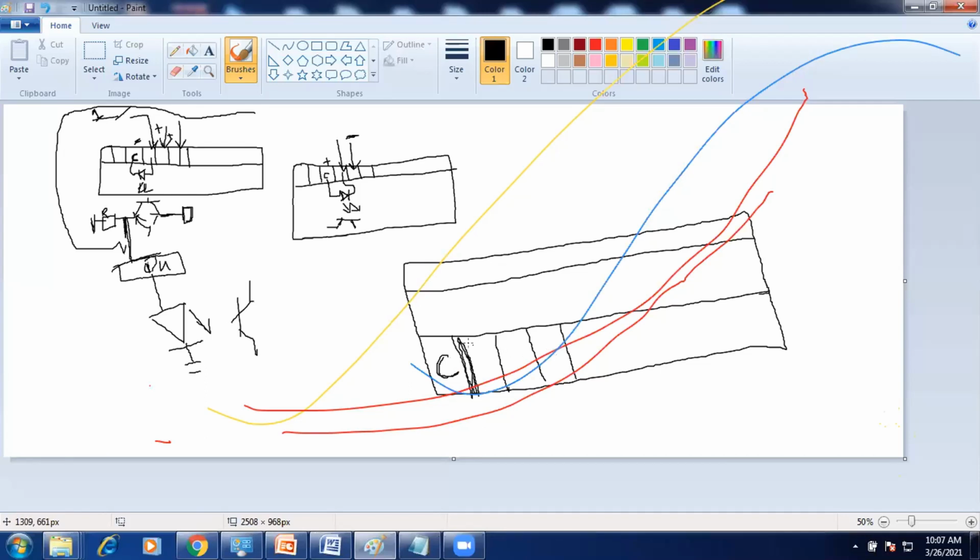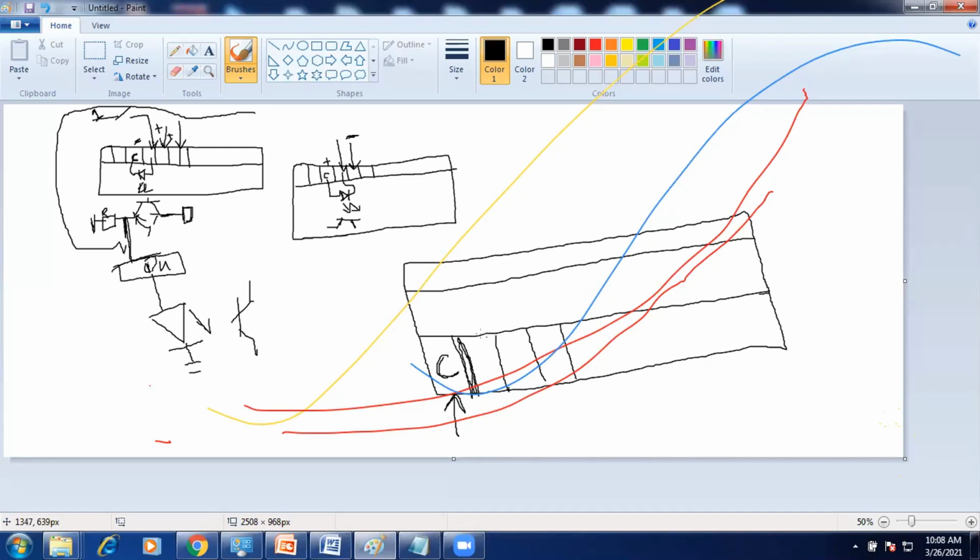On the output side also we have source output and sink output. Source means positive, sink means negative. Whichever type we need, that supply will be connected to common. From this common pin only, the supply or the negative will move to the output positions.